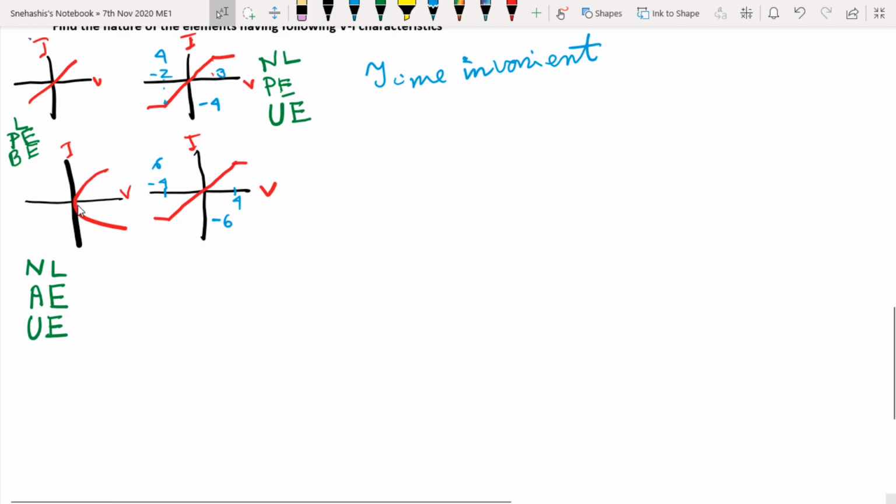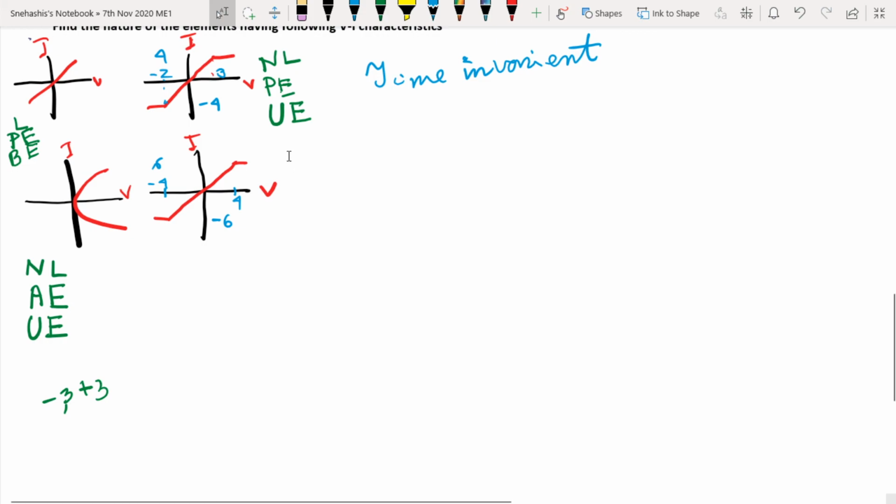If this was covered in the first and third, then this slope was positive, this slope was positive. The magnitude may be the same. See, minus 3 and plus 3 are not the same. So if the slope is plus x here, it is minus x here; as they are not the same, this element is a unilateral one.